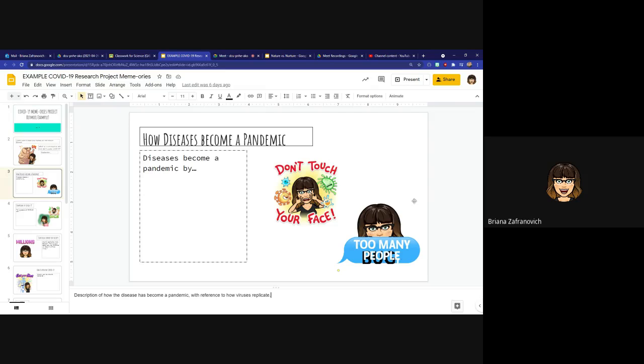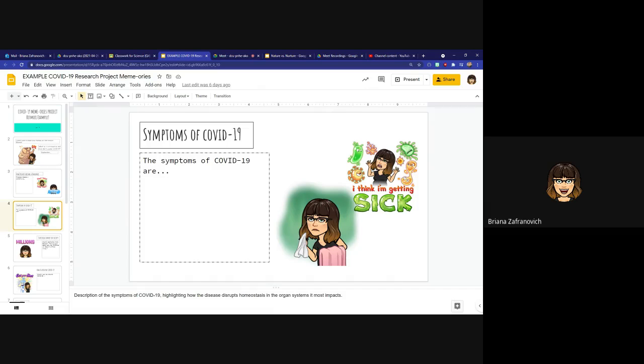And then there are other reasons it spread, like travel and huge family gatherings, things like that. So I'm going to explain all of that information in the box while giving you some pictures to represent what I'm talking about. This slide, description of the symptoms of COVID-19, highlighting how the disease disrupts homeostasis in the organ